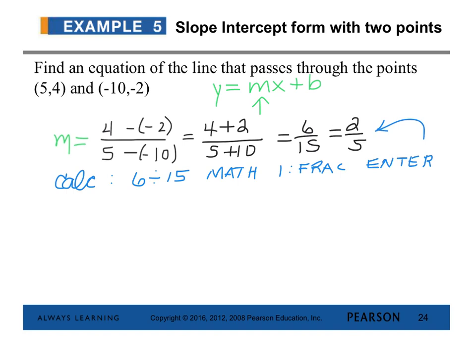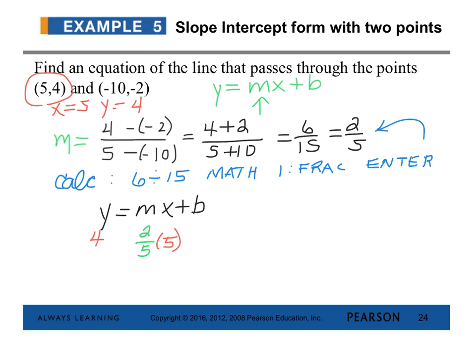I'm going to choose the first point, which gives me that x is equal to 5, y is equal to 4, and so y equals mx plus b gives me my slope is 2/5. My point is 5, 4, and so b then,